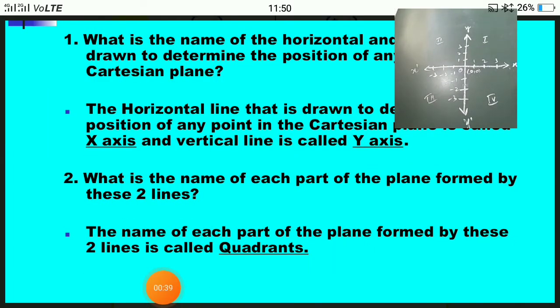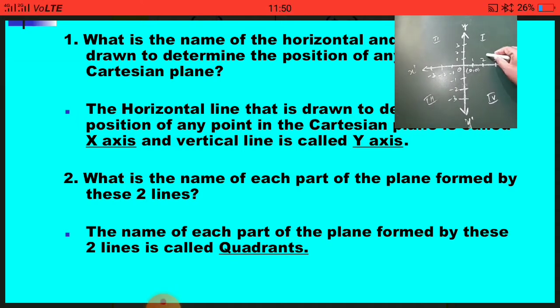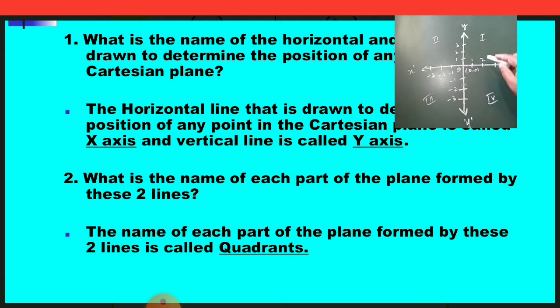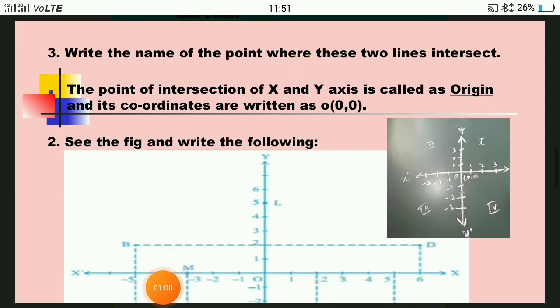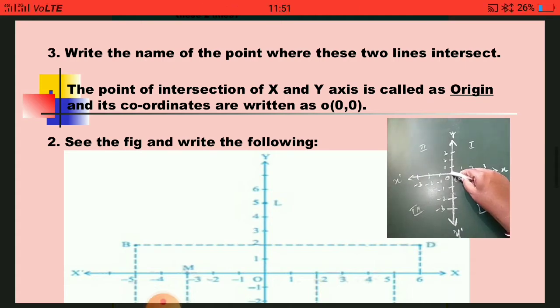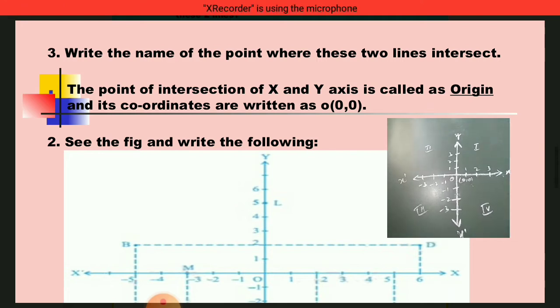So your next question is, what is the name given for the 4 sectors formed after dividing with the horizontal and vertical line? I already explained these 4 sectors are called quadrants. Okay children, that is what I have given in the slide. Kindly copy in your notes. Your third question is, what is the point of intersection of x and y axis? It is nothing but origin O denoted by (0, 0), because x coordinate is also 0 here and y coordinate is also 0. That is the answer I have given in the slide.